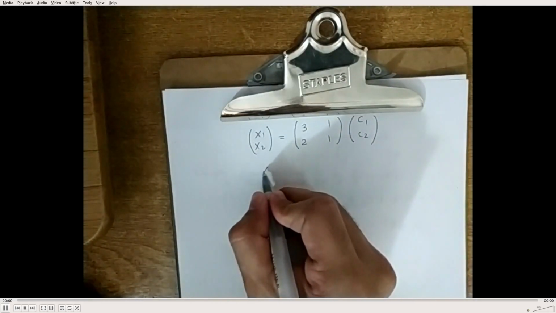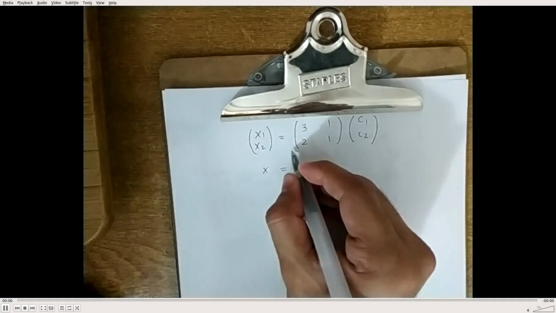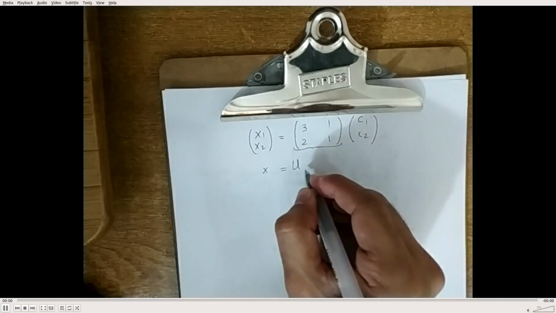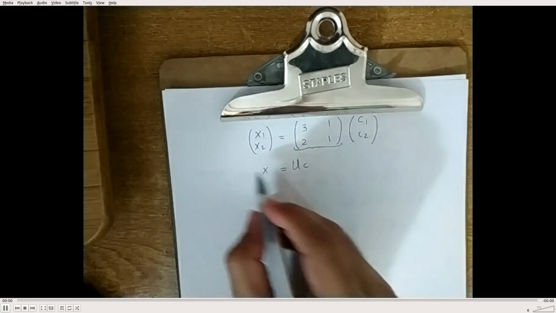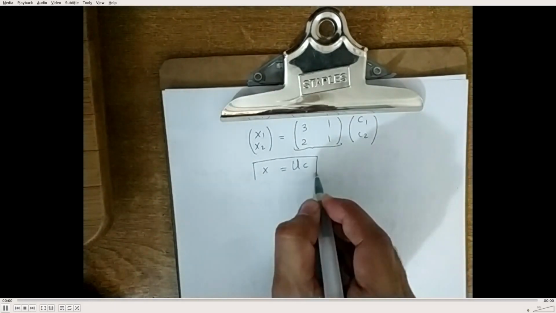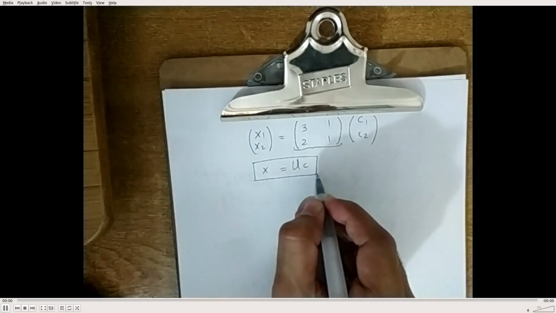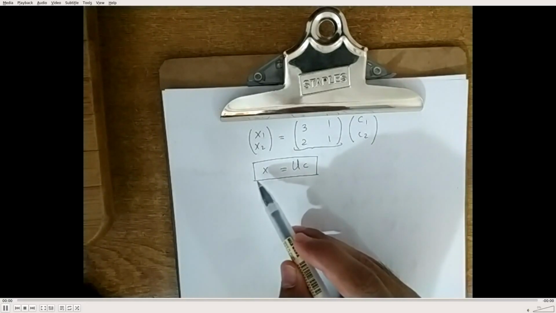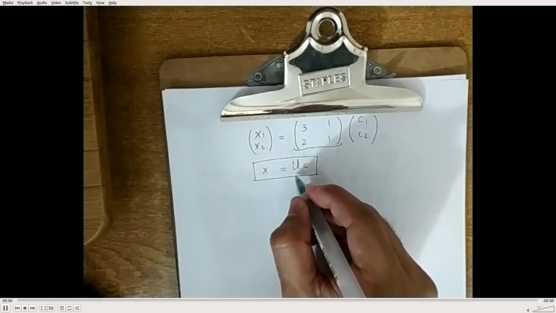If I call this matrix U, then x equals capital U times C. This equation gives me a way to switch from this coordinate vector C to the coordinate vector x. And this matrix we call the